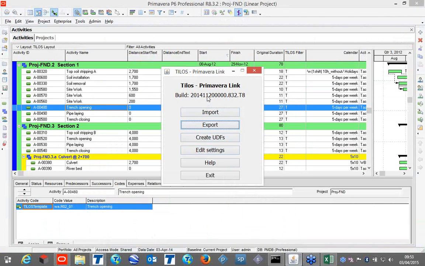What is it doing? It is directly taking your project in XML format and inputting into Tilos. So this is the integration tool which has a separate installation. And import export, you can import into Primavera, you can export to Tilos. Exporting to Tilos,